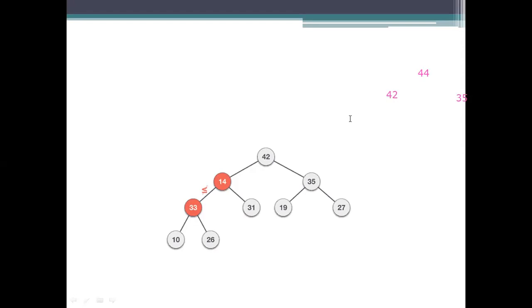Here 33. 33 has the child 10. 33's sibling is 31. 35's children are 19 and 16, 26. And here we will have the value 26.